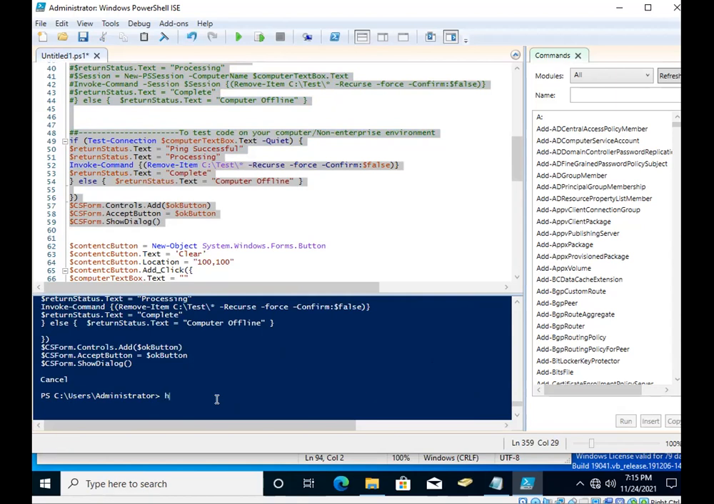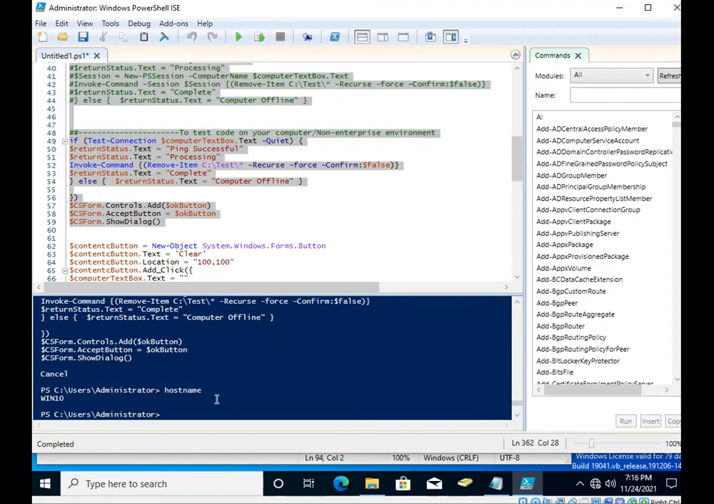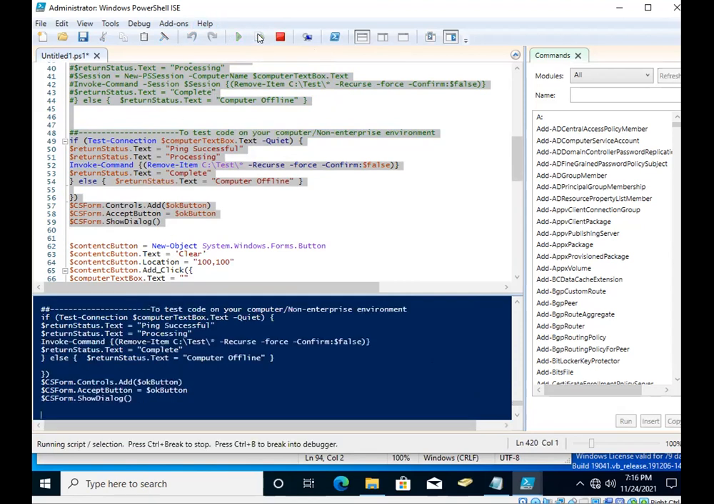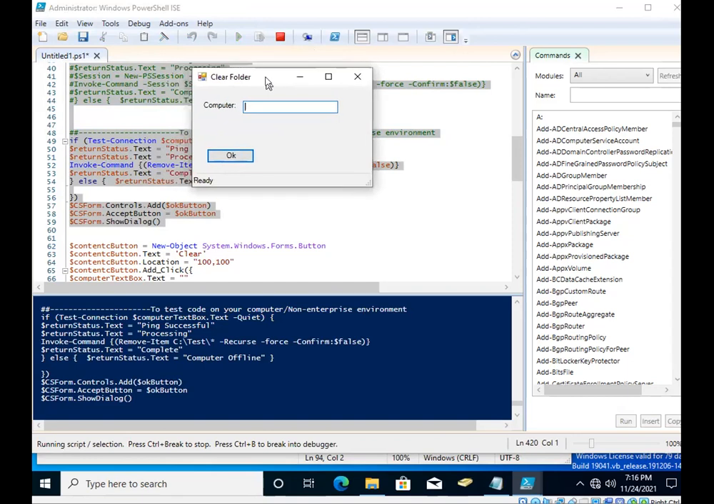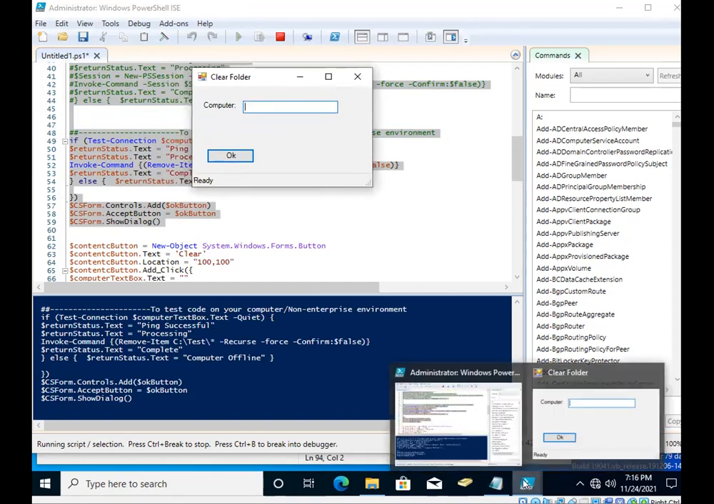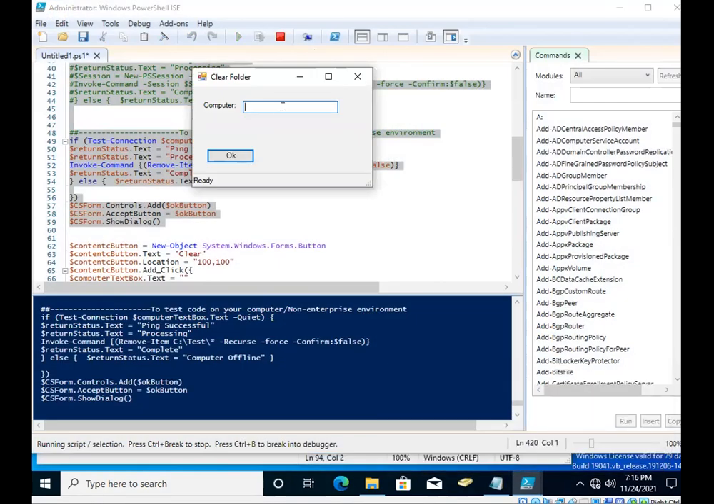Within the blue section, type host name, all one word. Click the enter key, and you can see the name is Win10. Now you're going to type that into the name box. Run section. You should see your app populate. There it is. You may have to hover over PowerShell ISE just to see that app. Win10. Go ahead and click